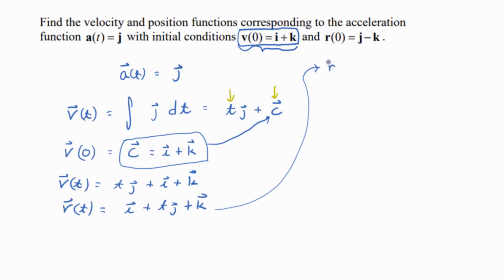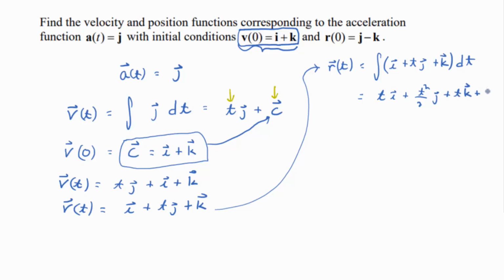Okay, now I want the position function r of t. So what do I know about r of t? Keep integrating. So integrate i plus tj plus k dt. The neat thing about the ijk notation is that you integrate term by term, just like you would with a polynomial function from Calc 1 or 2. Anyway, you integrate term by term, what do you get? ti plus t squared over 2 j, or 1/2 t squared j, plus tk,